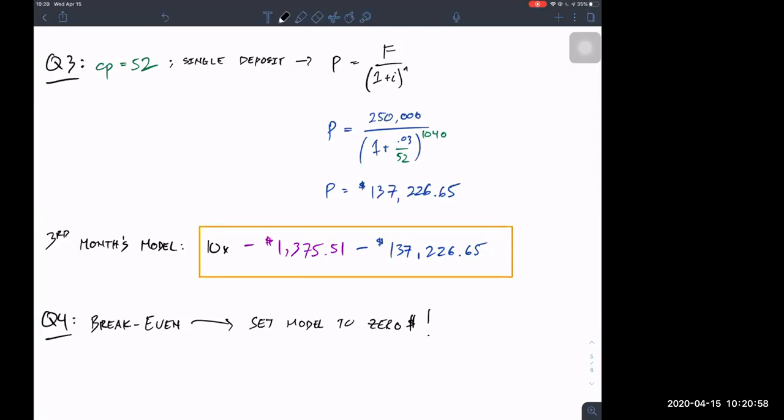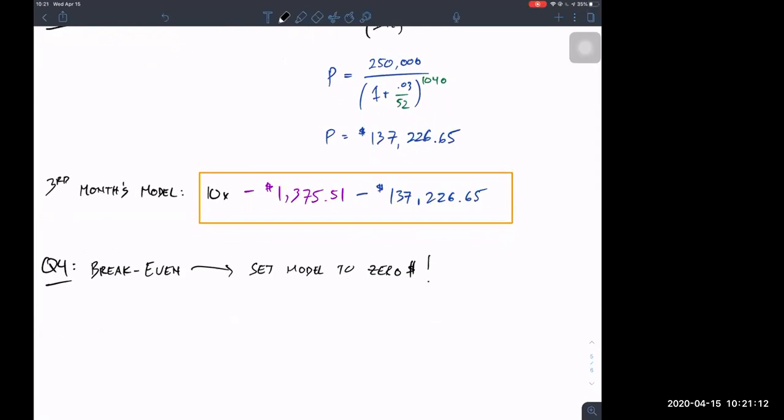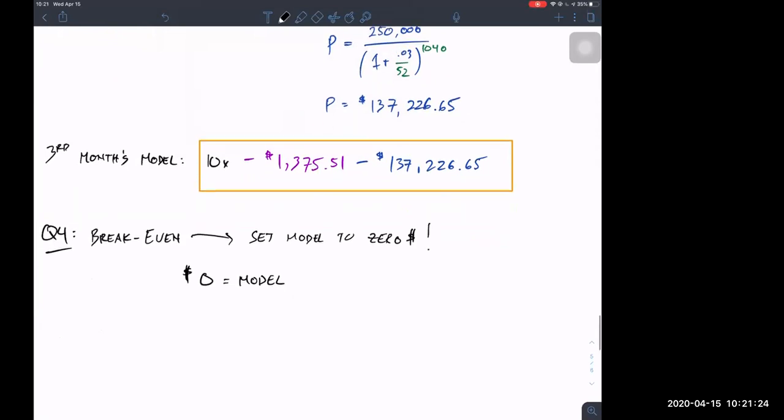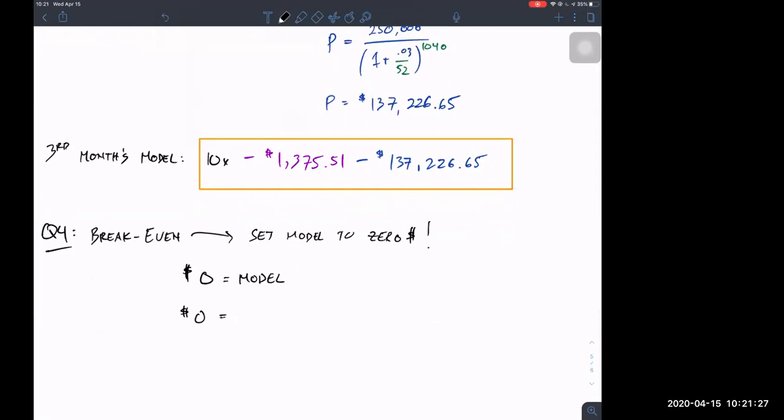You can't use the same thing that was given to you and then all of a sudden say like, hey, it's my answer too. I have $0 and now I have a certain amount of money. It's like, it doesn't work that way. So again, here, you want to remember that this is $0 is equal to the model. Well, what's our model? Well, third month's model specifically. It's now $0 equal to 10x minus 137551 minus 137, ooh, that was messy,